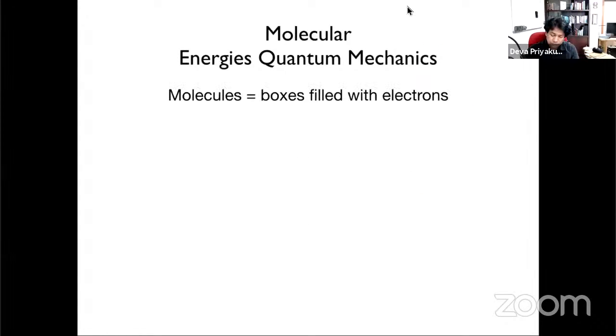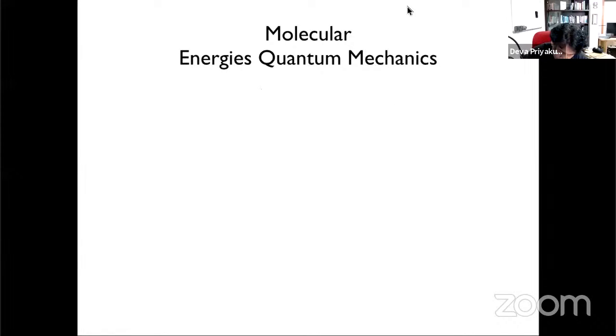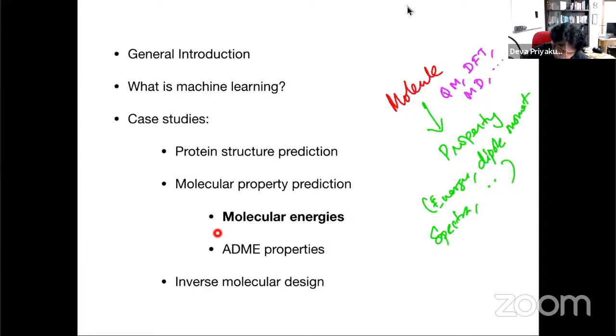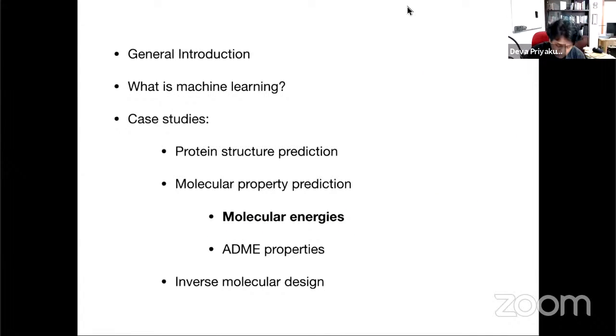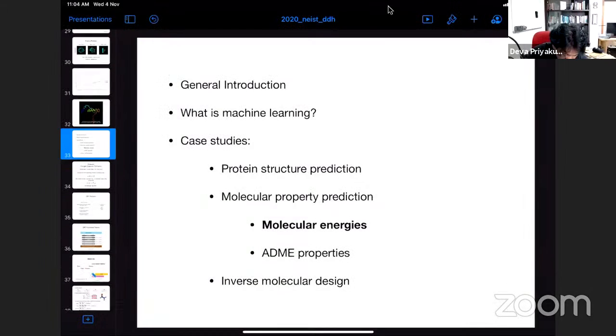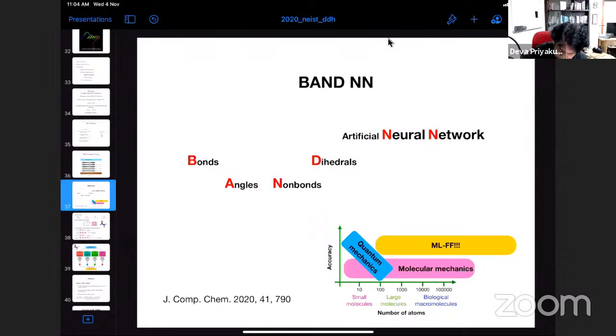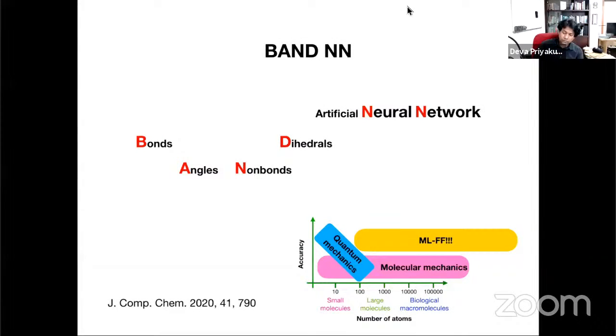Okay, so all right, the first example that I'm going to show is the prediction of molecular energies. All right, so again, let's skip a couple of slides and go here. Okay. So this we published recently. This is a work from our lab. Okay, so let's say I want to predict the energy of molecules. Let us assume that what I want is to calculate energies of molecules.